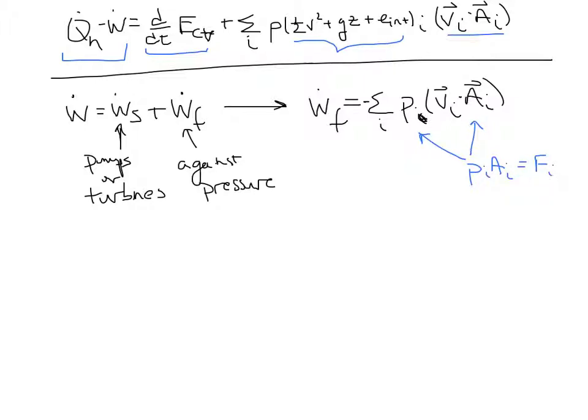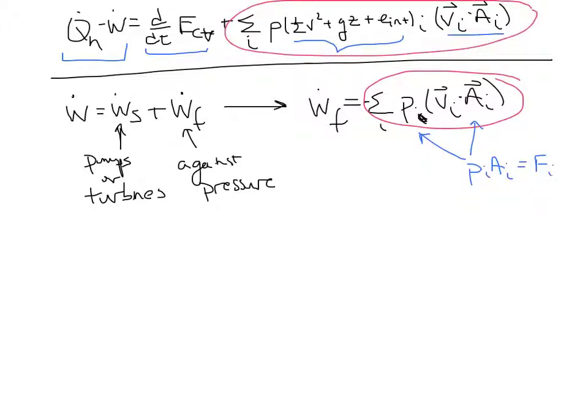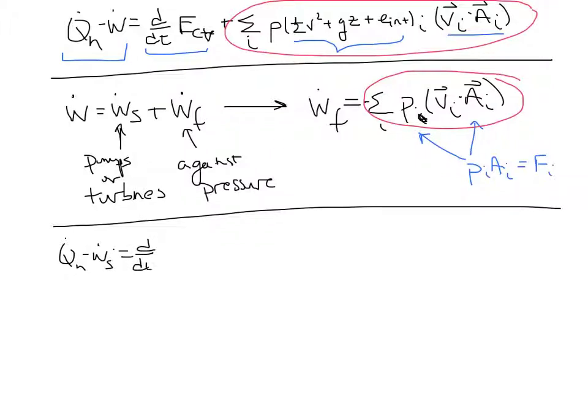So the V dot A here accounts for inflows versus outflows, and you can see that it has the same form as what appears on the right-hand side of the energy equation. And that's the next step, is to group that on the right-hand side. So what we have is Q_H dot minus W dot, W_S dot now is just the shaft work that remains, is equal to unsteadiness in the control volume,